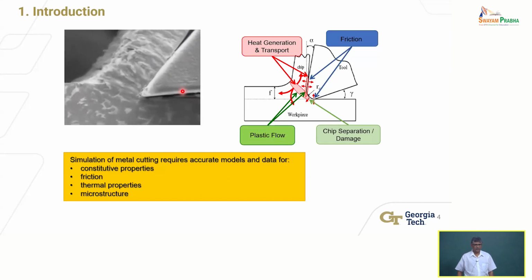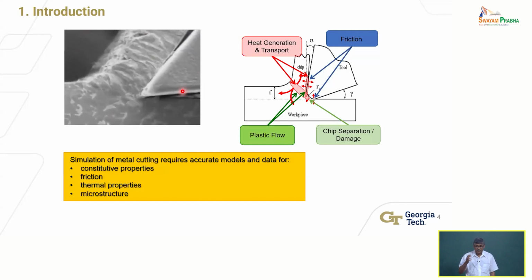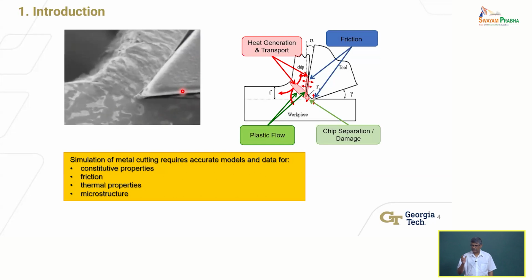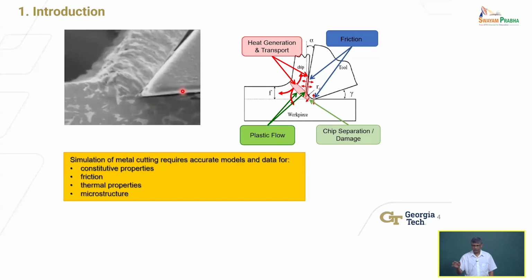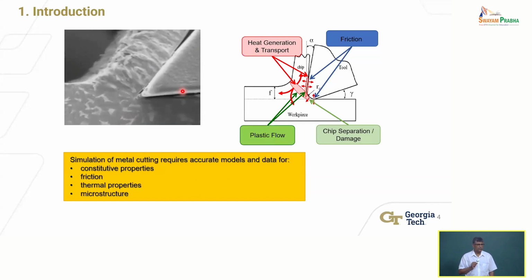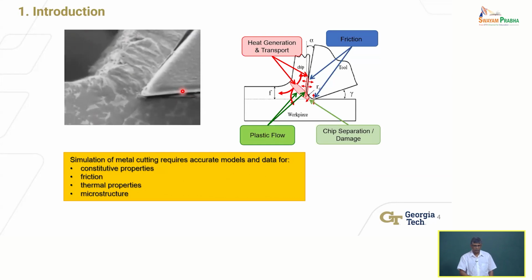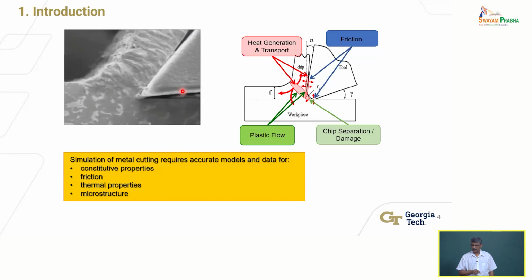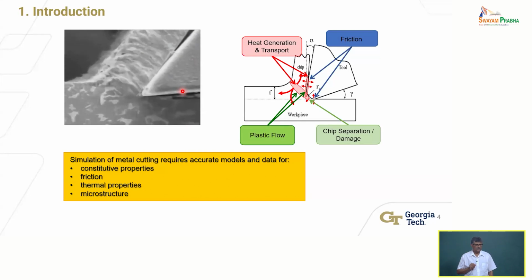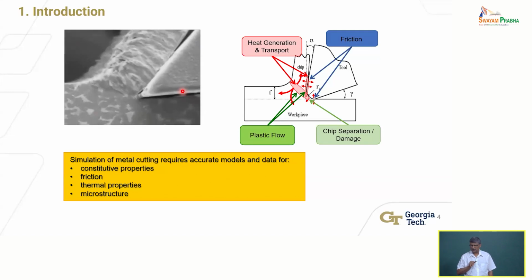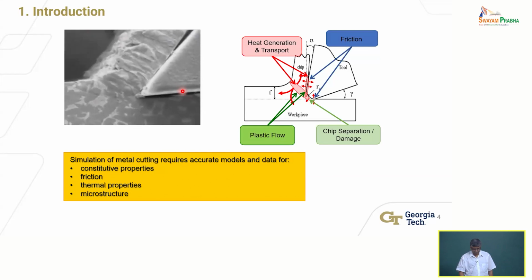Specific heat, right? Because the ability to conduct heat away, or the heat capacity of the material, matters, right? So that will determine the temperature rise in the material. So these kinds of thermophysical properties, thermal conductivity and specific heat capacity, are functions of temperature themselves, right? They change with temperature. So you have to be able to describe that because you're producing very high temperatures, depending on what you're cutting. If you're cutting titanium, you may have temperatures in excess of 400, 500, 600 degrees, okay? It depends on what you're cutting. So thermal properties have to be described, okay?